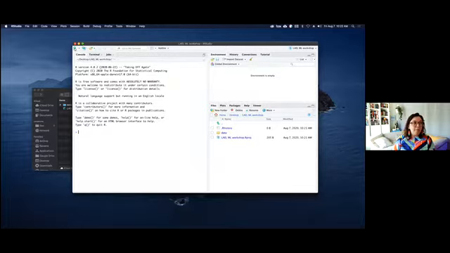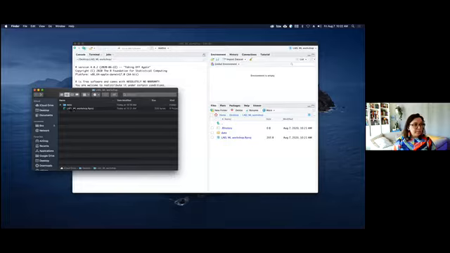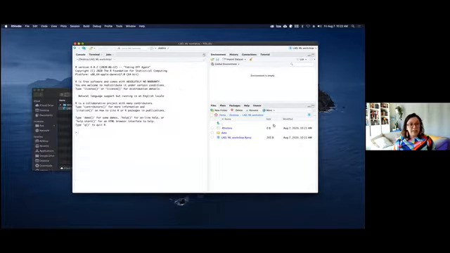Okay, so now that we have our project, you're going to see here on this bottom right panel the same thing you see if you go to your Finder, or on Windows, File Explorer, right? So you see your project folders here, which is very handy as well. So we're going to